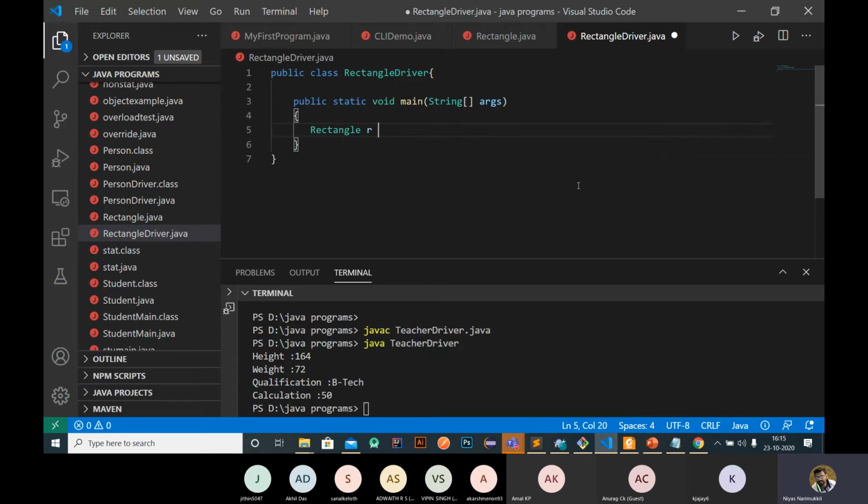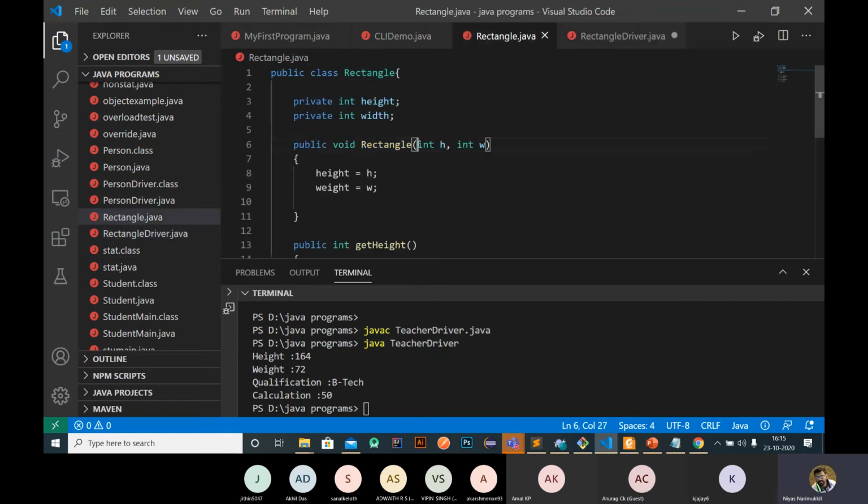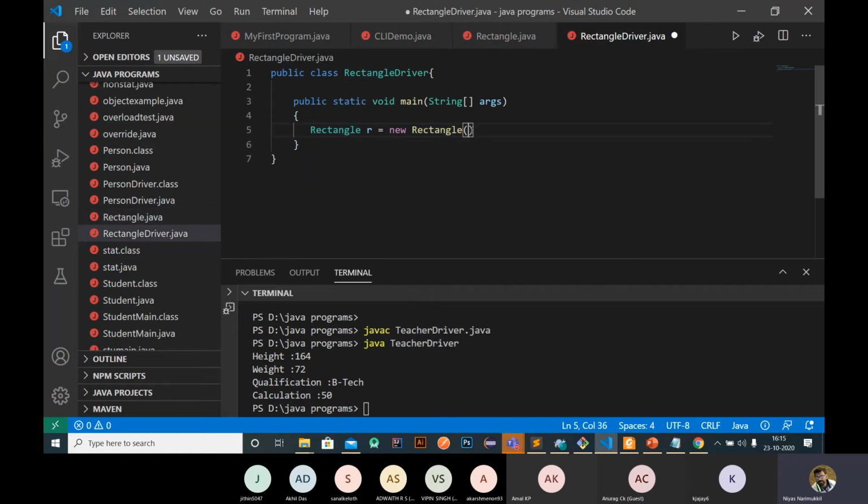Rectangle r equal to new Rectangle of, then we need to, we are creating an object here but in our constructor we are passing two values, height and width, right? So in order to make it active, here we need to pass the height and width of our rectangle like this.